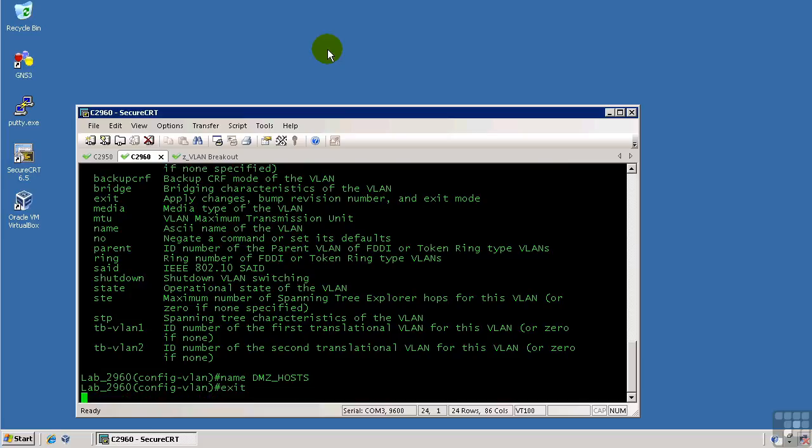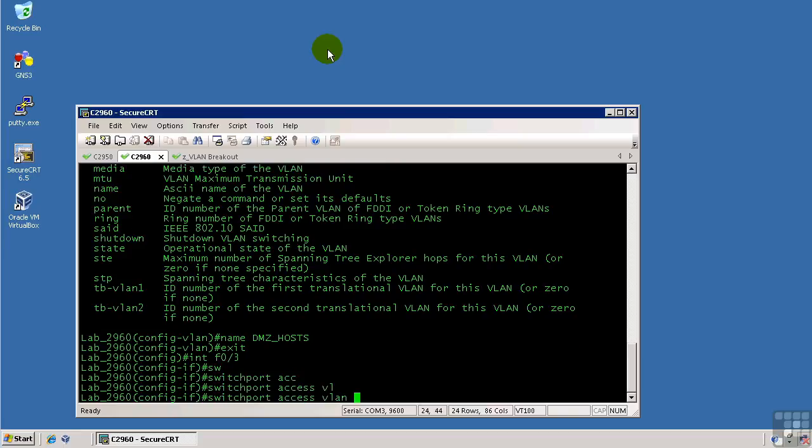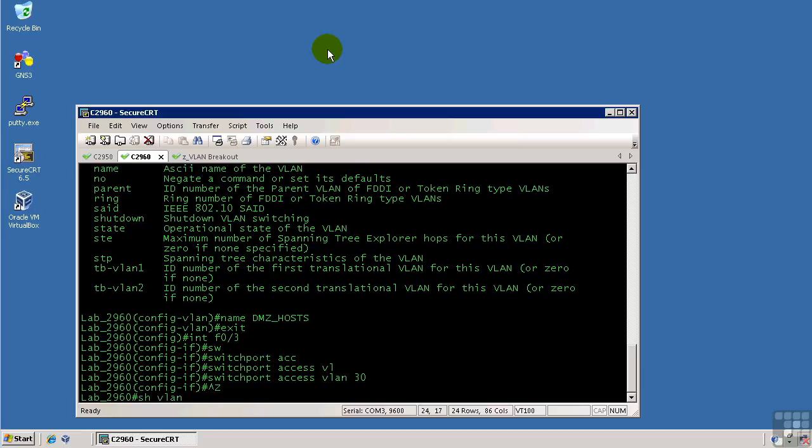And that's pretty much it for the VLAN configuration itself. We exit from here, and now we could go assign a switch port into this VLAN. For example, we could go into interface fast Ethernet 0/3 and do switchport access VLAN 30. And now this switch port is in access VLAN 30. If we do show VLAN out here now,